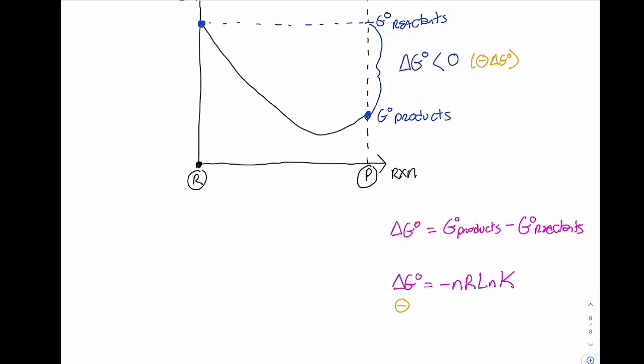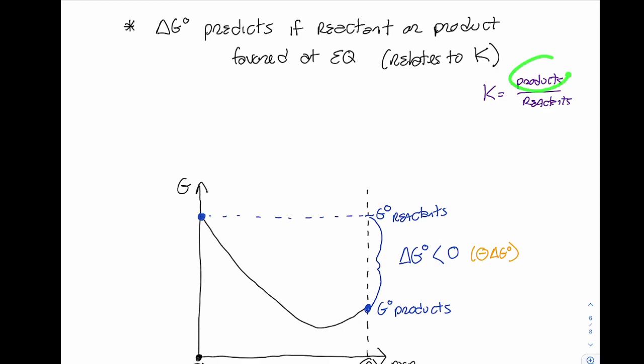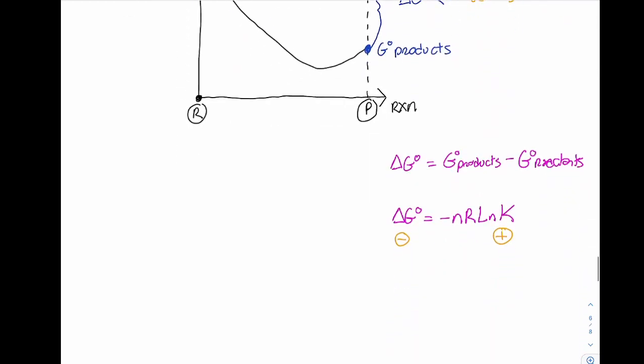I do have a negative sign in my formula, so what that means is that this needs to be positive, right? K needs to be a positive value. Remember again that K, if we go back up, is products over reactants. So in order to have a positive value for the natural log of K, I need to have K greater than 1,